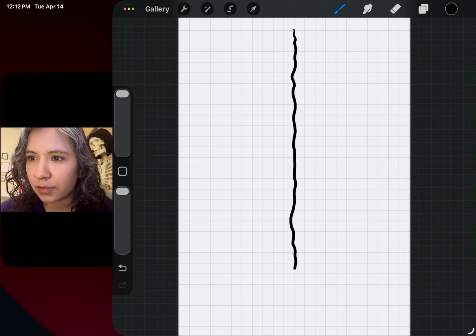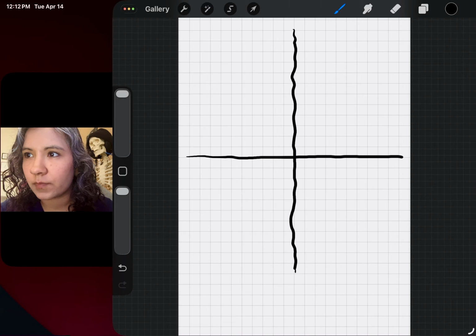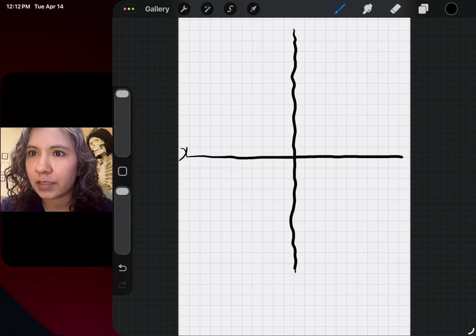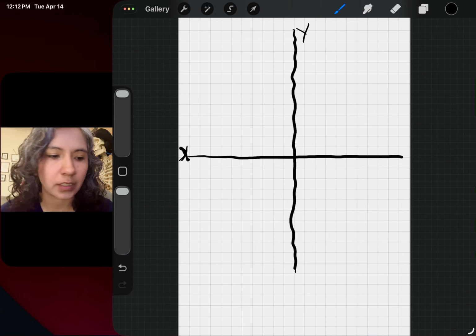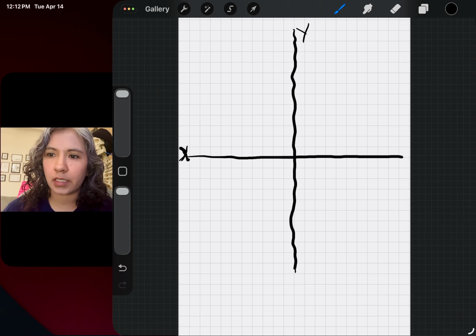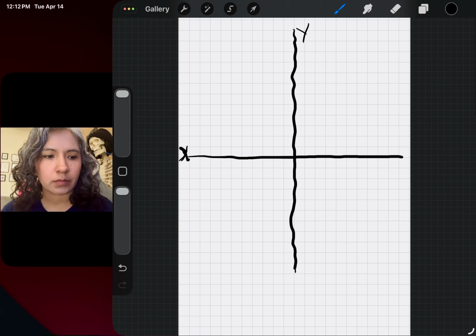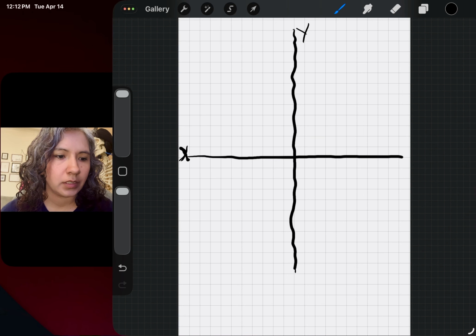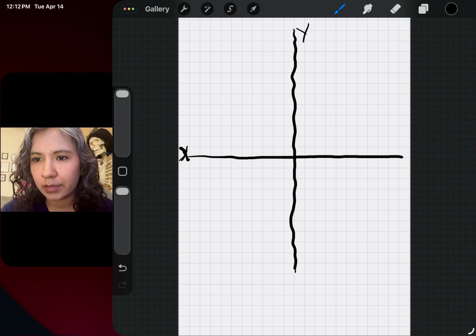And this is not straight in the slightest. So here's our x-axis and our y-axis. Okay, and so let's say somebody is doing a marathon run and they run,